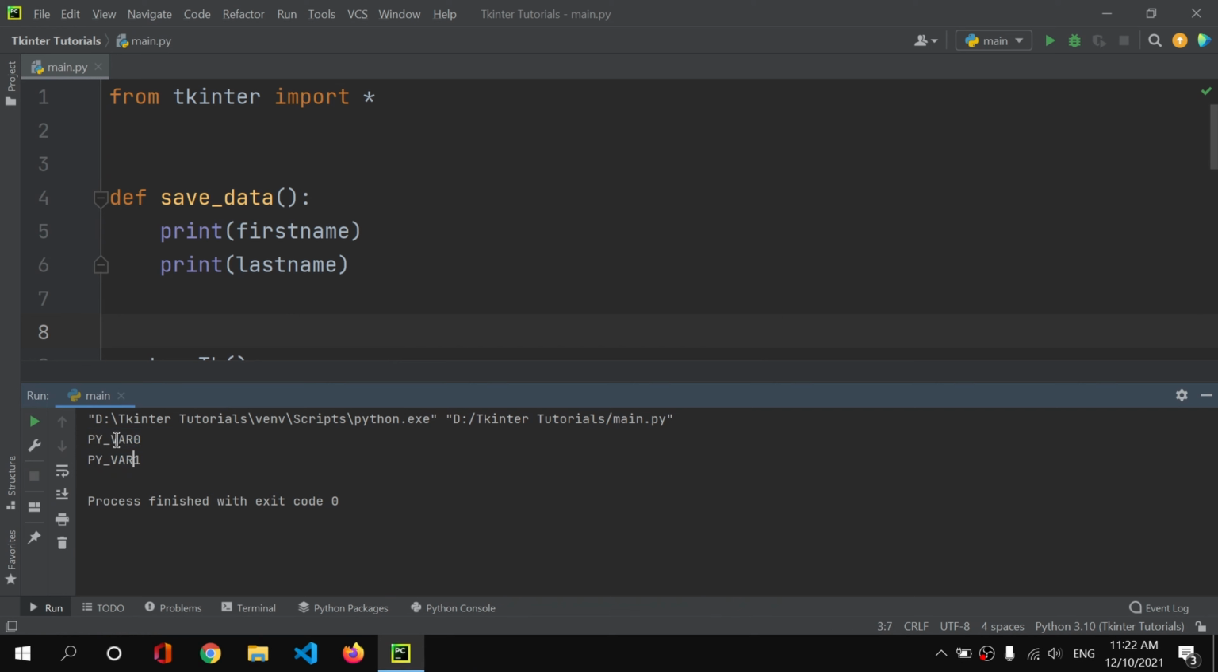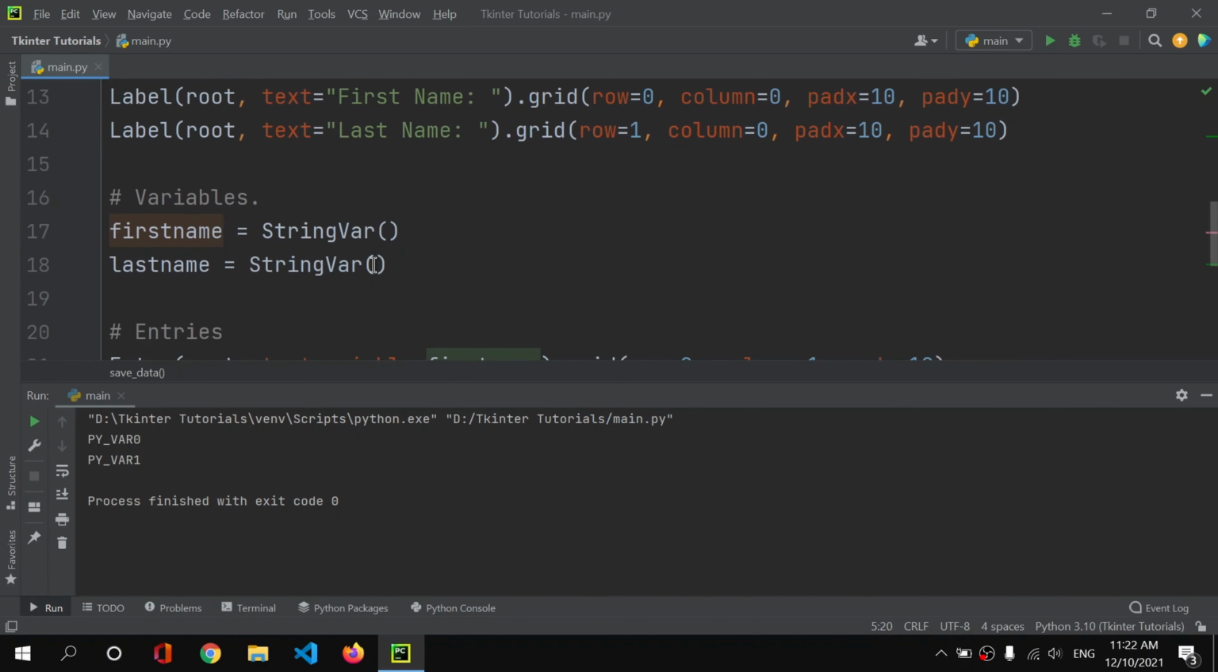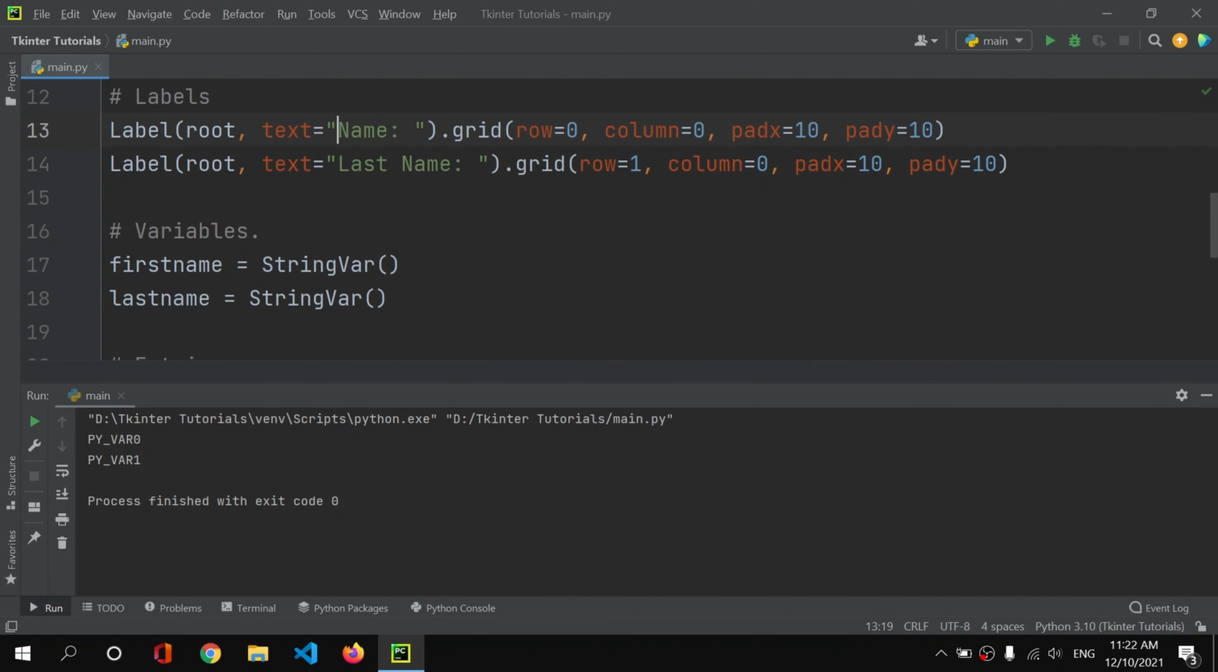That means this is Python variable 0, Python variable 1. But we don't want this type of text. We want the actual name. Okay, so let me change this first name to, let's say, name only, and let's change this last name to